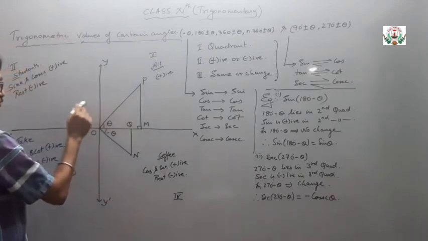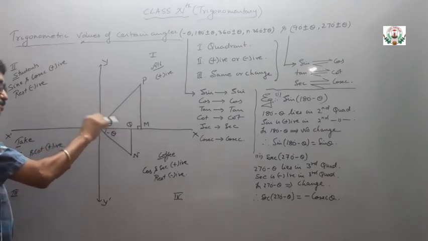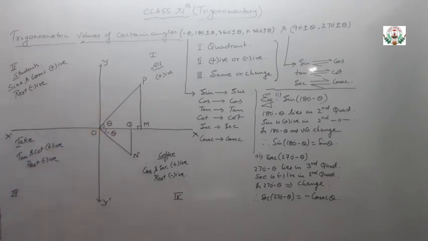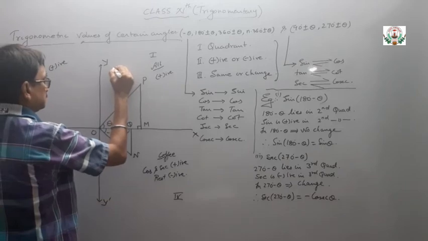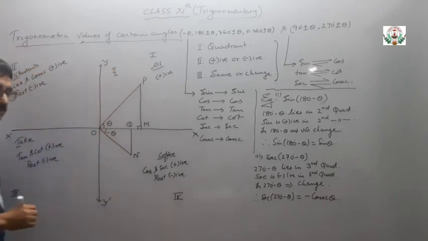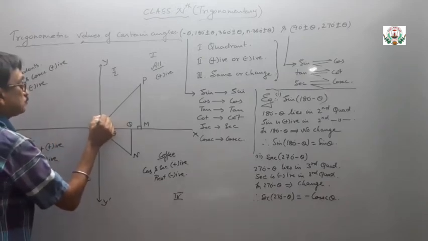If we include the first two quadrants, it will be 180 degree. If we include all the three quadrants, it will be 270 degree. If we include all the complete four quadrants, it will be 360 degree. So this can be written as 90 degree, also in radian pi by 2. Up to here it is pi by 2.